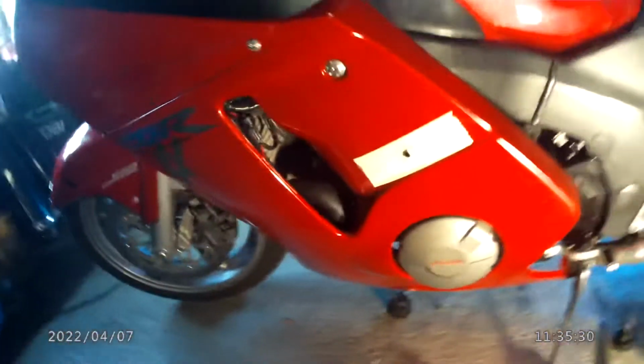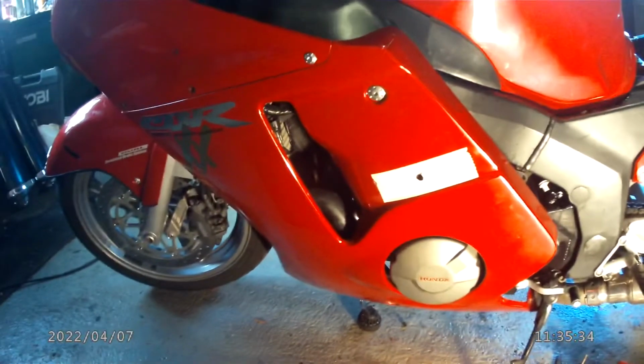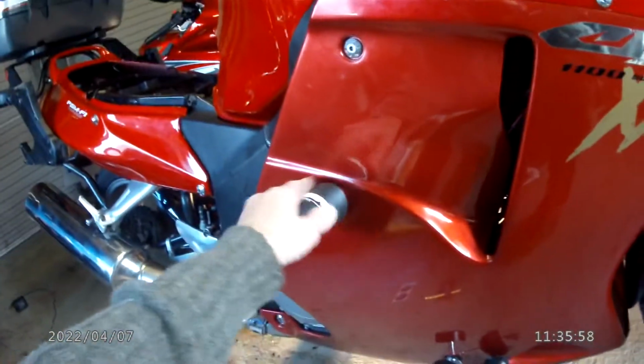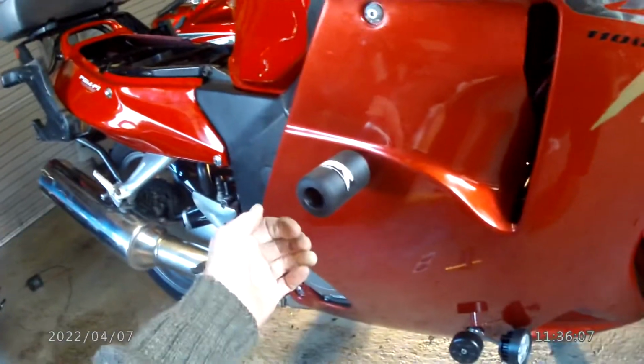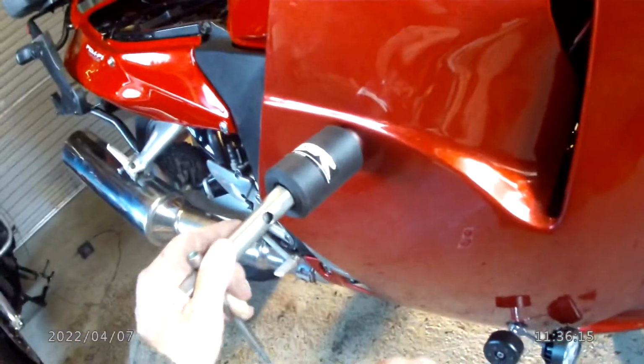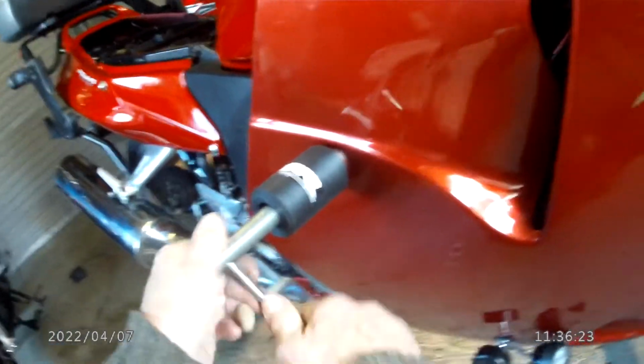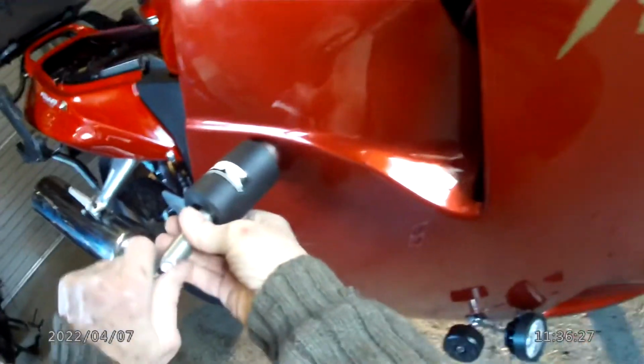Obviously all bikes are slightly different, but I've never found any real differences other than where there are curves on the fairing, and that circle might become an oval depending on the position of the bung in relation to the curved surface. So as they say on Blue Peter, here's one I'd done earlier. And there it is. Where it is there, they may not look fantastic, but if the bike drops over for any reason, it will support on that point, and it'll do a bit of good. And yeah, I know it doesn't look wonderful, and you do need to carry a 17mm box around just in case you need to take the fairing lowers off. So if I take it off on this side, which is more or less done,